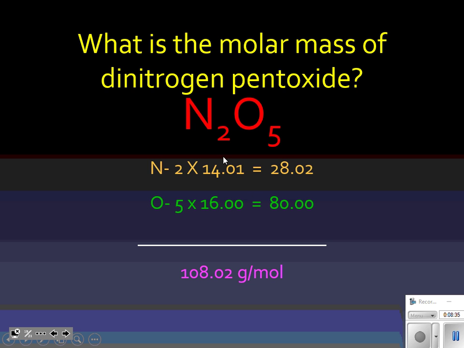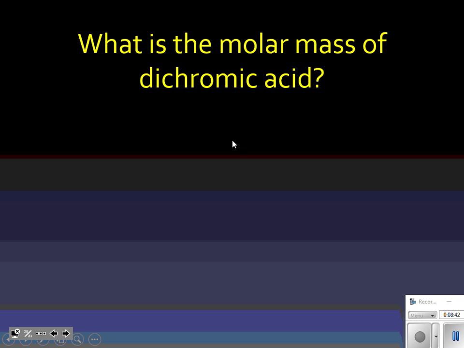Once again, though, if I get this wrong, if I can't write the formula from the name, I can't do it. Dichromic acid. Uh-oh, I see the word acid here. I'm back on those acid rules again. I see 1 or 3. What acid rule is this? Ooh, there's no hydro, so it's got to be acid rule number 3. So I am looking for the anion